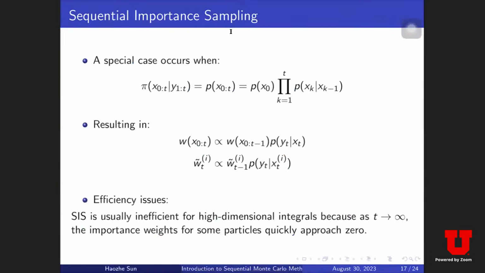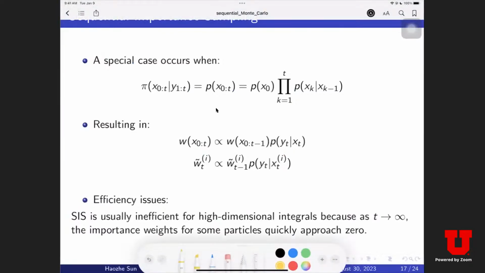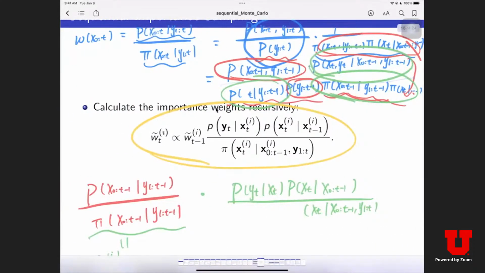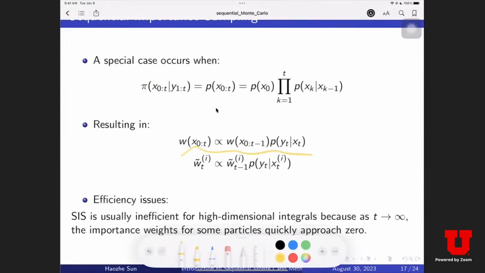And we will find a special case occurs when the pi equals the px0t, and it equals the px0 minus these things, and it will result in the W. We replace the P with this equation, and we will get the W is approximately the W times P, and we will get this